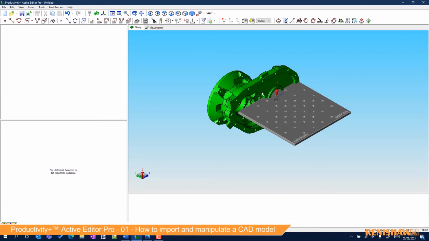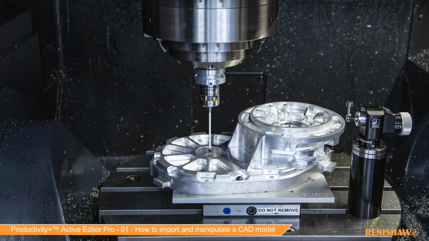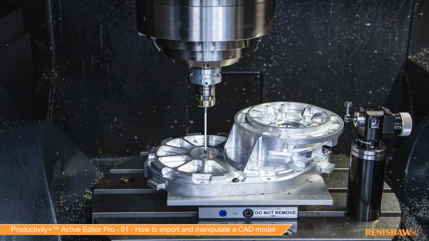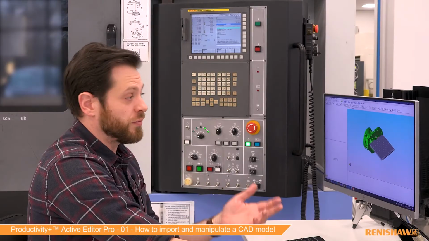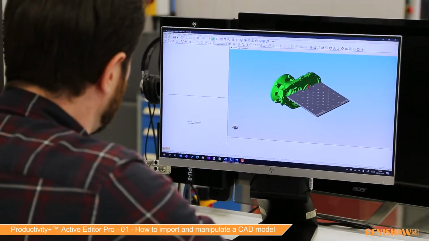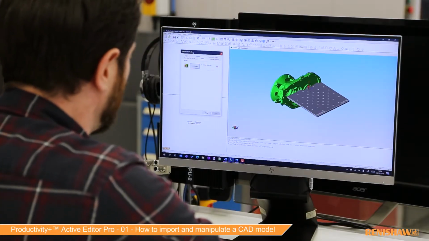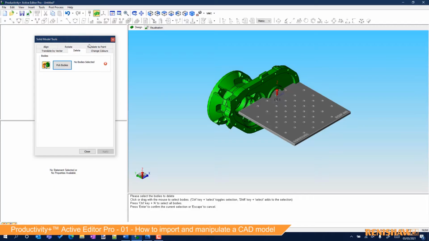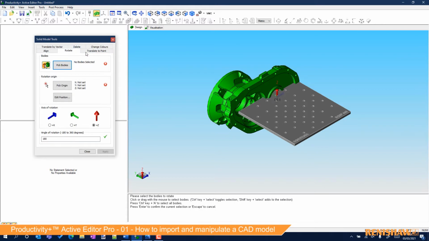Okay, so we've got our models in. Now, these now need to be set up as they are on the machine tool. In many cases, they may not be from where they've been exported if you've got them from a customer, so you might need to manipulate the models. In order to do that, we have this menu here, which is our solid model tools. It's a variety of options. We're not going to go into all of them today, but we'll look at a couple of key ones to get you going. So if I select on the rotate,